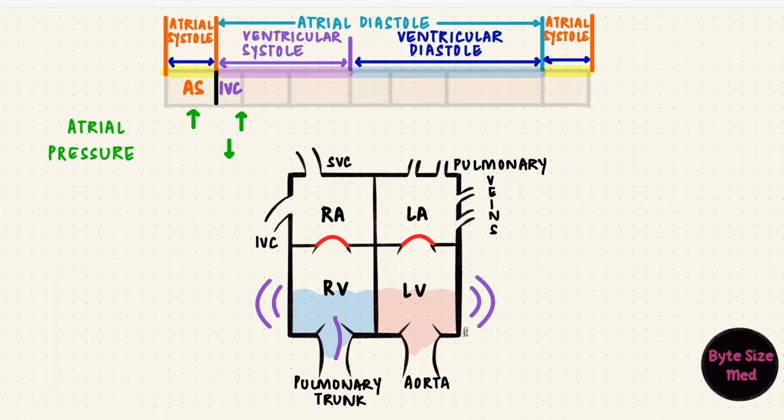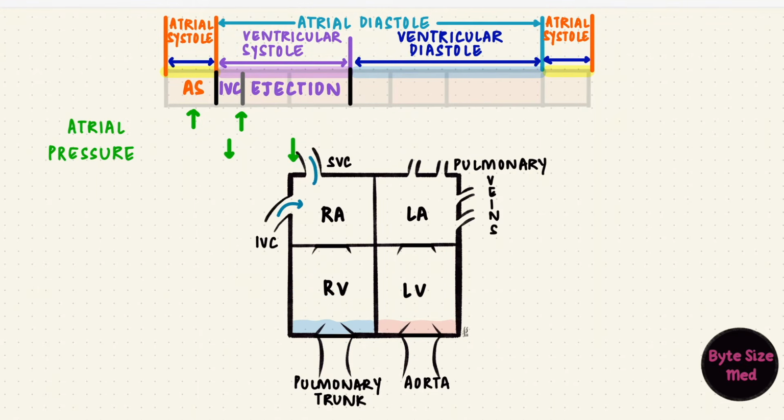But once the semilunar valves open, the ventricles eject blood out, and during this ejection phase, the valve gets pulled back down. The atrial pressure now continues to drop. The atria are filling now during atrial diastole with the valves closed. This causes the pressure to slowly rise as the ventricles are relaxing in isovolumetric relaxation. At the end of this, the ventricular pressure, which was going down, goes lower than the atrial pressure, and the atrioventricular valves open. Now the atria empty as the ventricles fill during the filling phase.